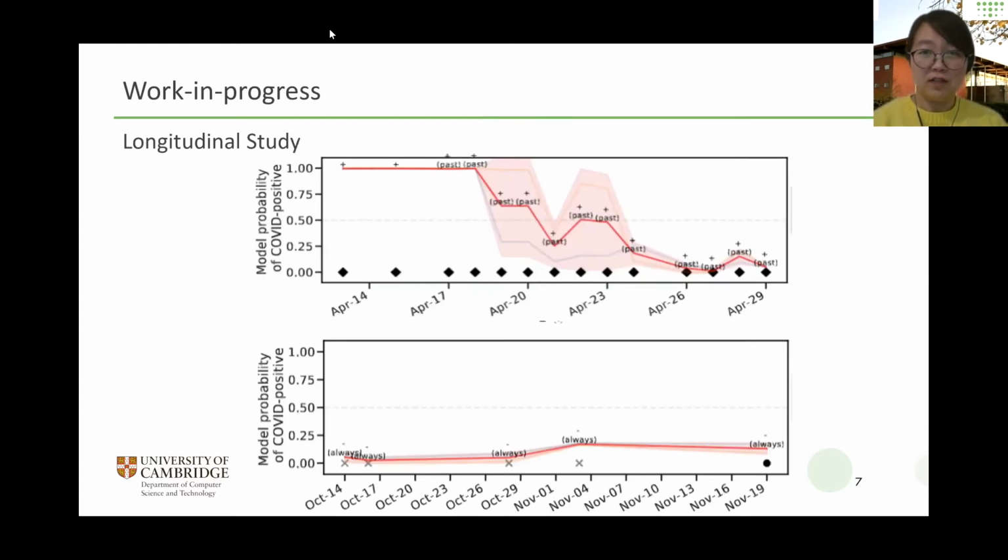Then for the longitudinal study, here we show some examples. For the first one, the x-axis indicates the date where the participant provided a recording, and the y-axis indicates how our model estimated the probability that the audio sample or the user is COVID positive. So here for the first example, our model predicted correctly at the beginning. The patient was with a positive label, and then along the time we could see that the probability decreased, indicating